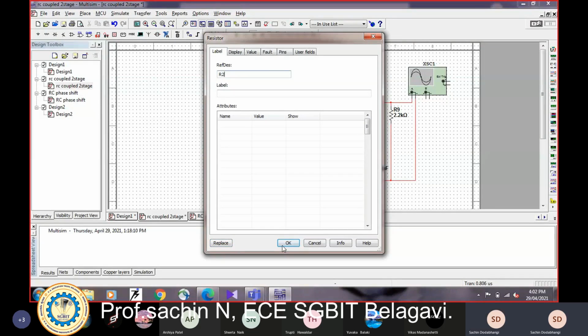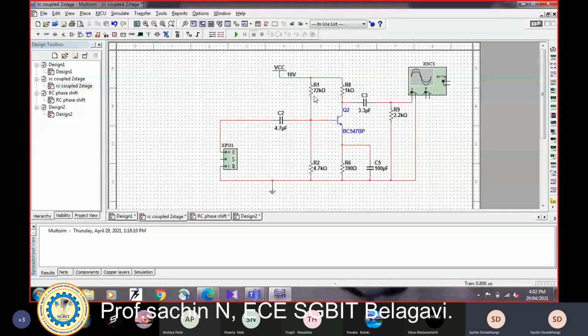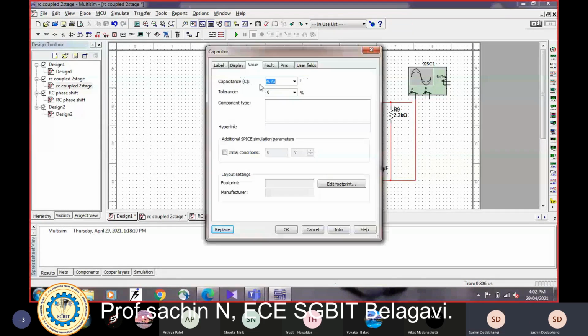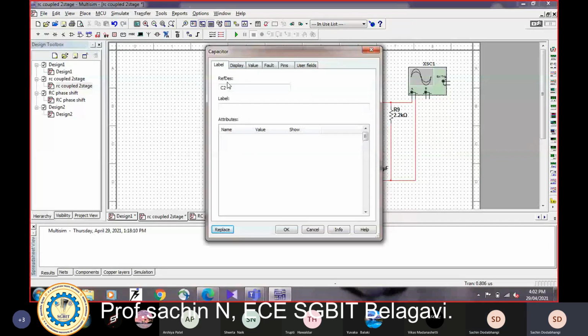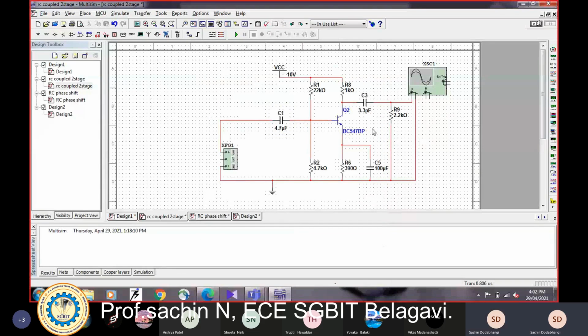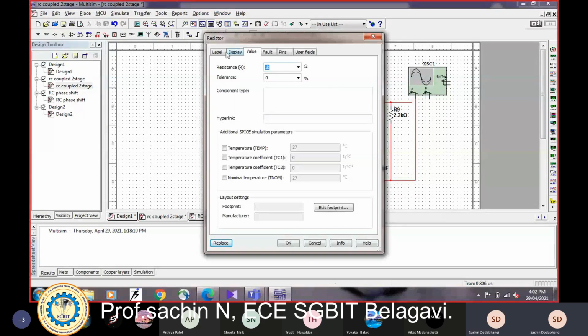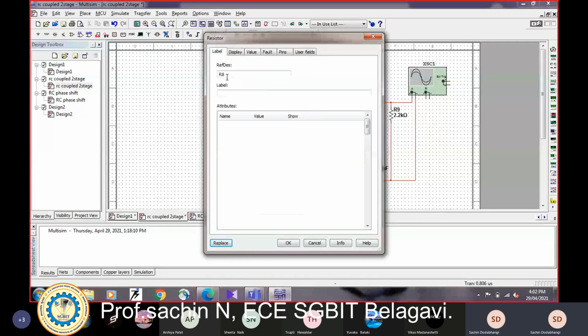R1 and R2 are your bias resistors, the voltage divider resistors. This is your capacitor C1. This one is your collector resistor RC.